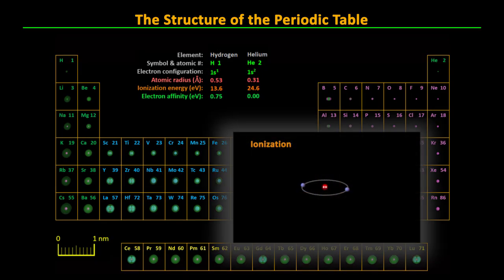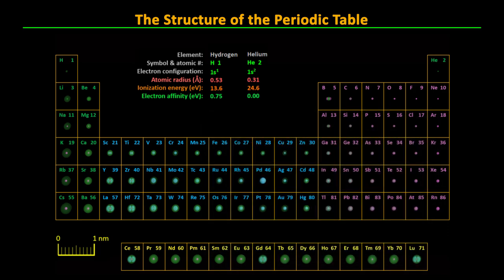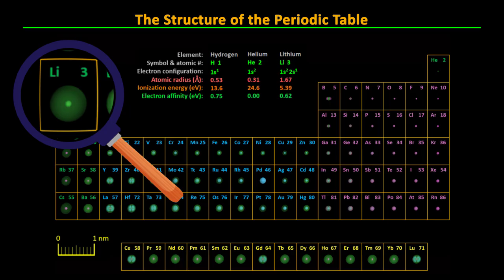As the electron is pulled away from the center of the atom in the ionization process, the remaining electron will partially cancel the double positive charge of the nucleus, making the first electron relatively easier to remove. Still, it takes a lot of energy to ionize helium, making it very chemically inert, the first of our noble gases. With lithium at atomic number 3, there's no more room in the n equals 1 energy level, so the third electron needs to go to the n equals 2 level, where electrons have 4 times less binding energy.